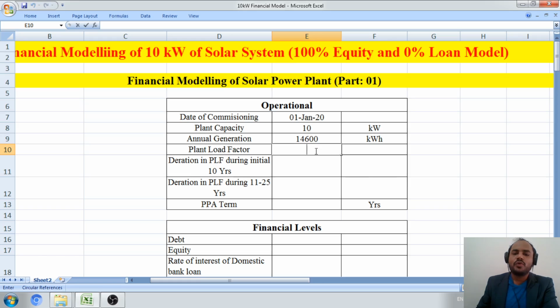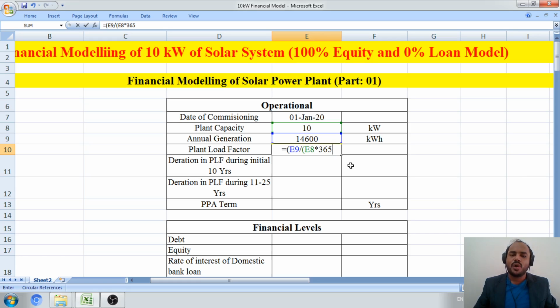So basically when we are calculating the plant load factor, just write the equal to symbol in a bracket. What is the annual generation of a solar power plant in the 1 year that we consider. Again we'll take a bracket, divided by a small bracket, and the basic plant capacity, that is 10 kilowatt. 10 kilowatt capacity is giving 14,600 annual generation units, multiplied by 365 days, because we are calculating the plant load